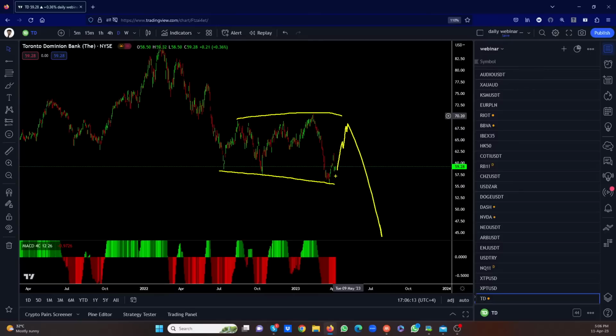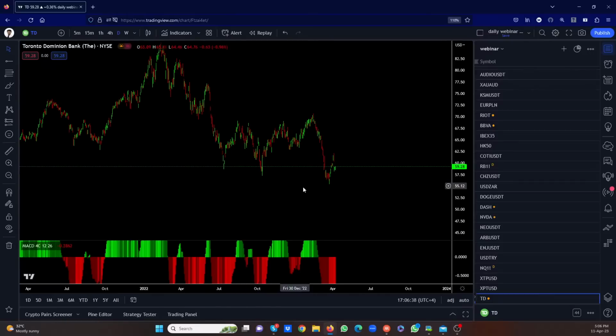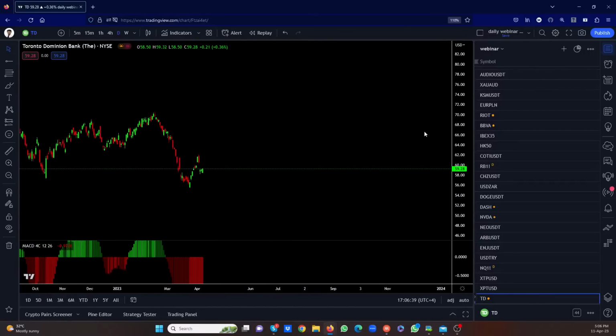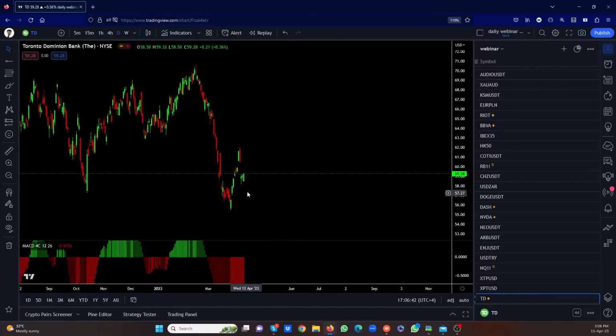Okay, we're heading back to the top there, right? Because if I'm looking at this, I'll probably look at this as a 1, 2, 3. Or this one is a 1, 2, 3, something like that. So this up move would probably get a move up to the top there and then the downside. This would be the impulse coming into it. I don't think this would be all the correction. Well, you can come here and see what happens here. If this gives you a sell setup, go with it.